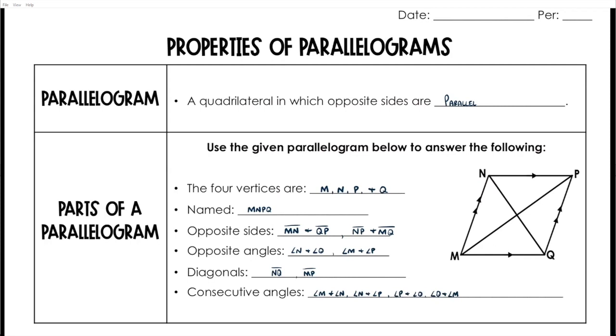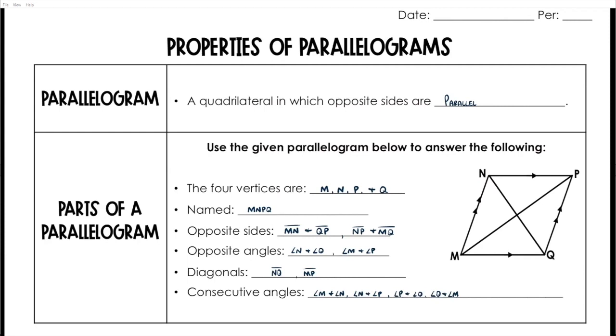Today, we're going to continue talking about our polygons, and we're going to take a look at our first broadest characteristic of a known quadrilateral. So, the first quadrilateral we're going to talk about is a parallelogram. Now, that's a fun word to spell, but it's an even funner word to say. So a parallelogram is simply a quadrilateral, meaning it's a four-sided polygon in which both pairs of opposite sides are